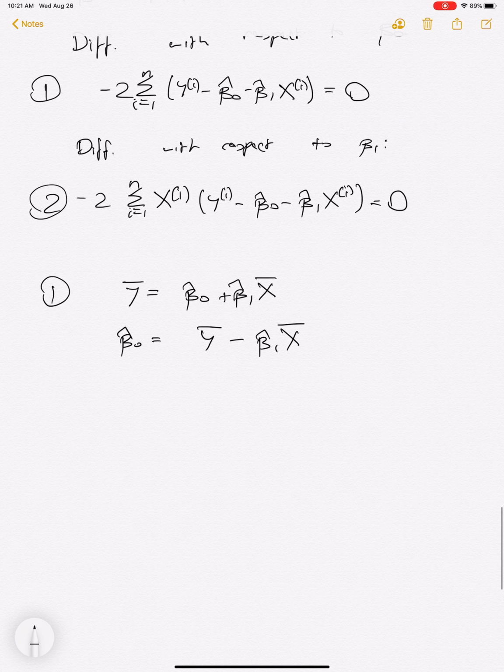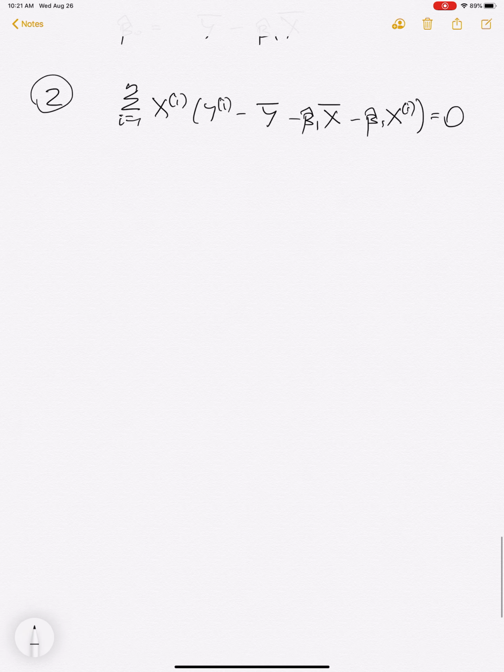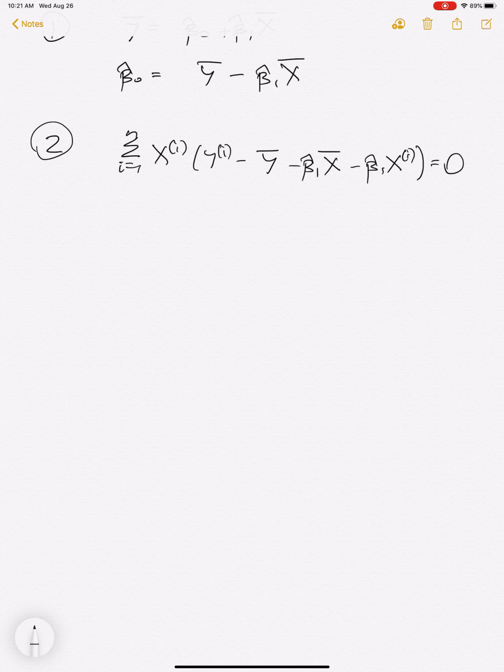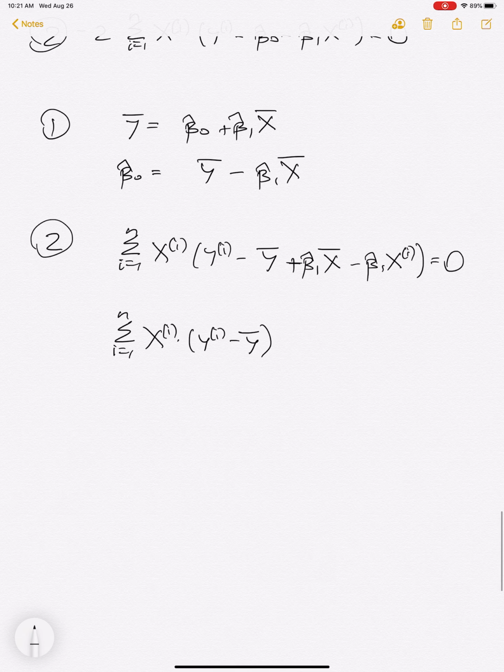And then now we can plug that in to the second expression, and that's going to give you, so then we get that, if we plug in beta hat 0 equal to y bar minus beta hat 1 x bar like this, we get this expression equal to 0, and then we get some kind of nice, this should be a plus. And then we get that